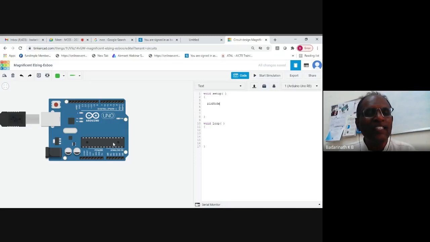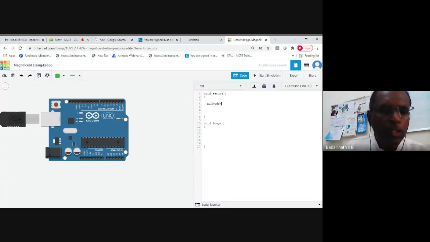So that is the first unit. We are working at the very periphery level, at the abstract level. From the second unit onwards, we go into the details of the microcontroller and we develop our own functions like this. In the first unit, we are not worried about how it is done inside, or what the logic present in pinMode is. You are not worried about it. By the time you finish this course, you can write these functions on your own. That is the knowledge you're going to get.